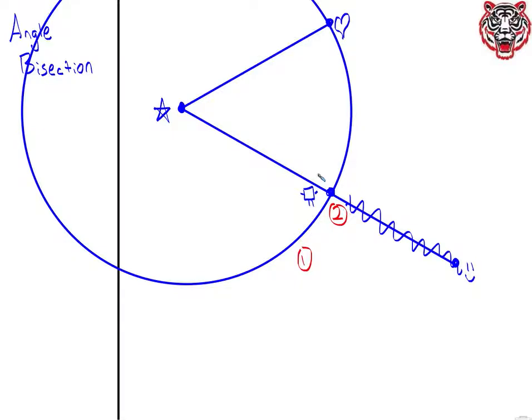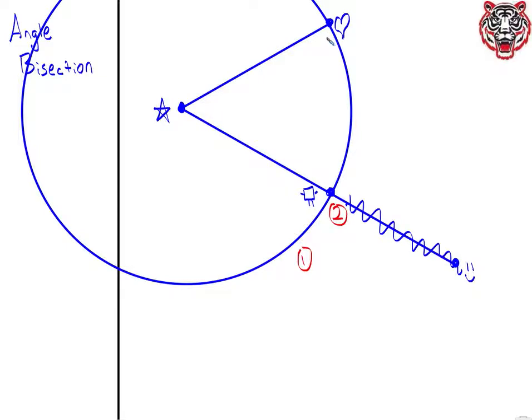Bisect. Does bisect make us think of anything that we've been doing for the last 2 days? How do we bisect? Cut it. Yes, cut it in half. Cut it into 2 halves. But how do we construct that cut into 2 halves? You're going to use a compass. You make a circle around the heart. What size is the circle? Doesn't matter, as long as it